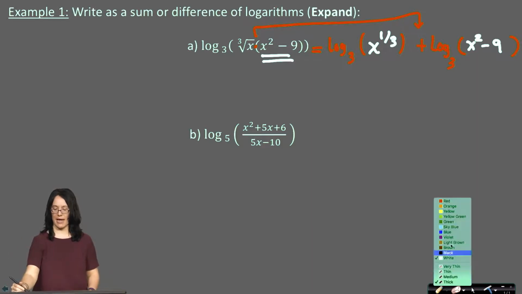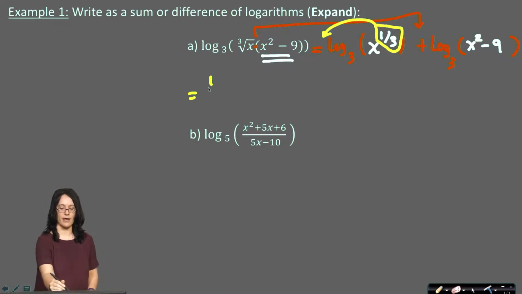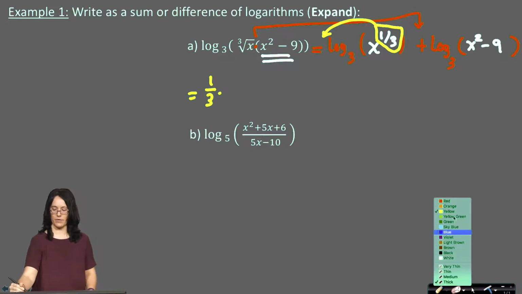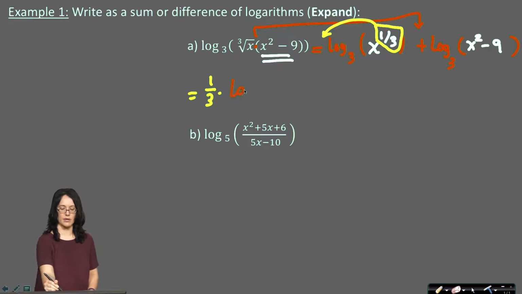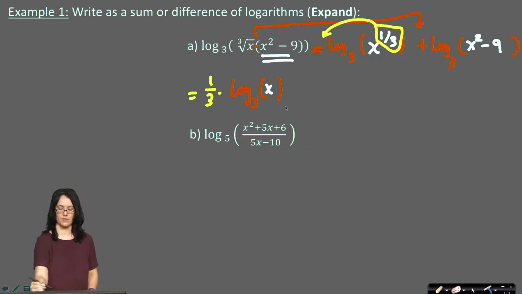So you might have seen the power part first. 1/3 as a power could become the coefficient, couldn't it? I would now have 1/3, and that's how many copies I have of log base 3, can't forget the base that you're using, of plain old x, right? So that's the first term. The next term that we would have is a positive